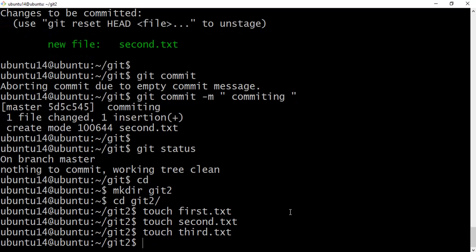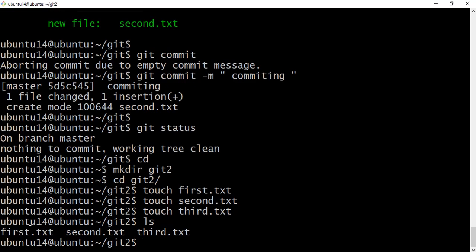I have created three files: ls shows first.txt, second.txt, third.txt.